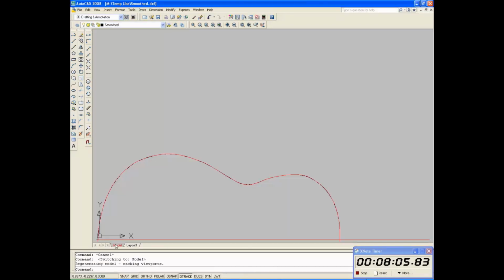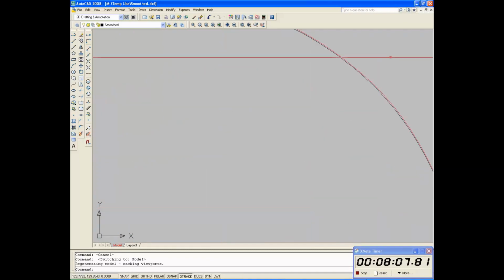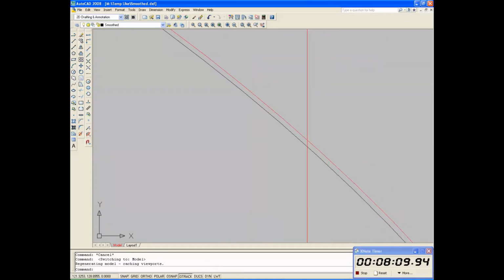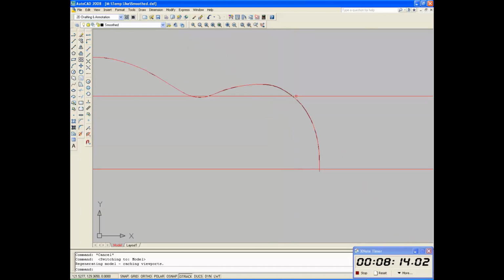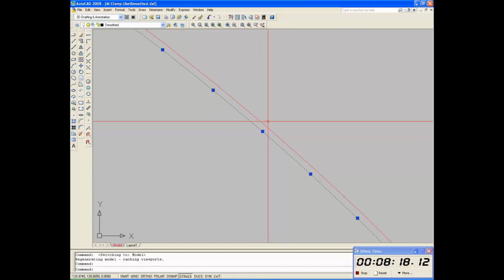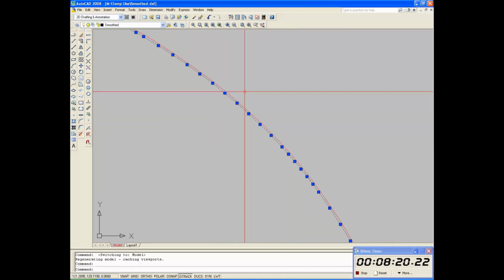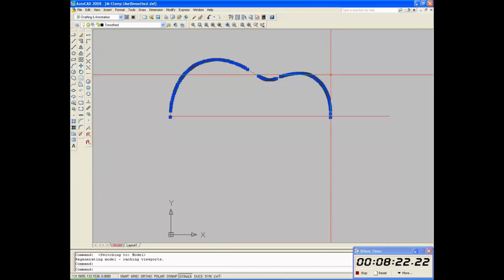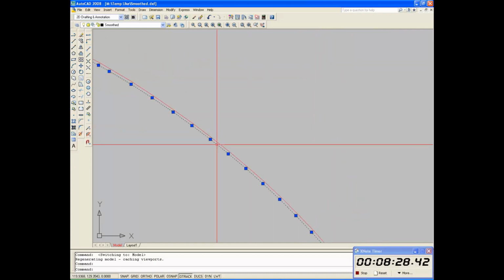Let's go into model space. And there are the 2 lines that it's drawn, the master and then the smoothed line. If I click there, you'll see that the points have changed. There's a lot more of them, but that makes it a smooth line. If I go and click on that one,